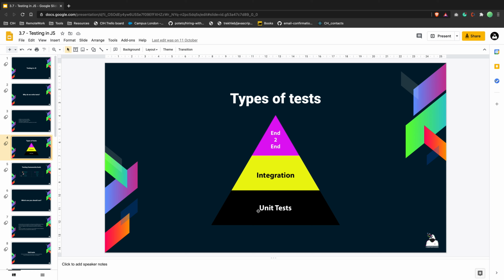And the next step is integration tests. On that stage, you start testing how things are actually integrated. So let's say you want to know that if I click on the button, it should create a pop-up.